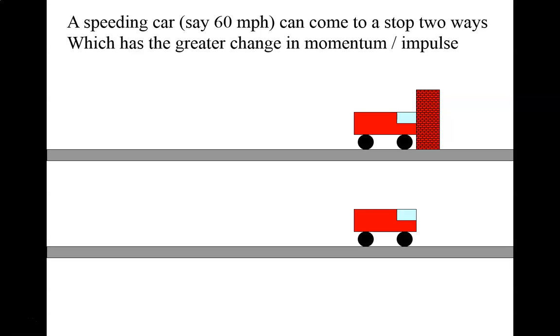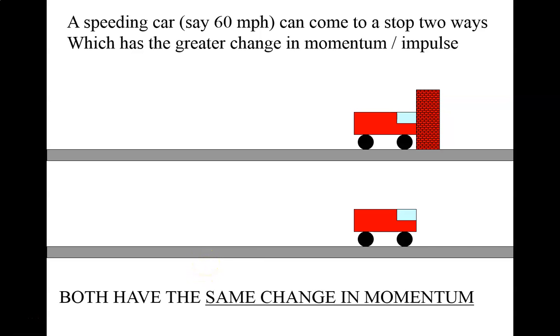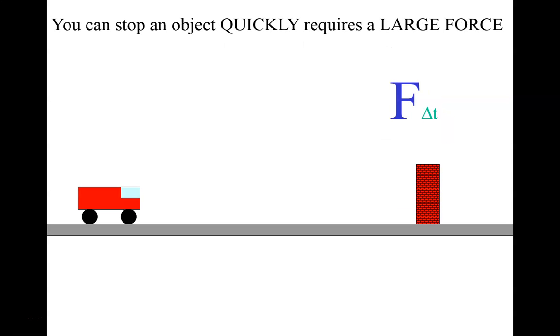Well, they both have the same initial momentum, and they both have the same final momentum. That means they both have the same change in momentum. Okay, so they both have the same change in momentum, but there are some differences. Even if they have the same F delta T, the same impulse, if we want to come to a stop very, very quickly with a small delta T over a very short period of time, that requires a large